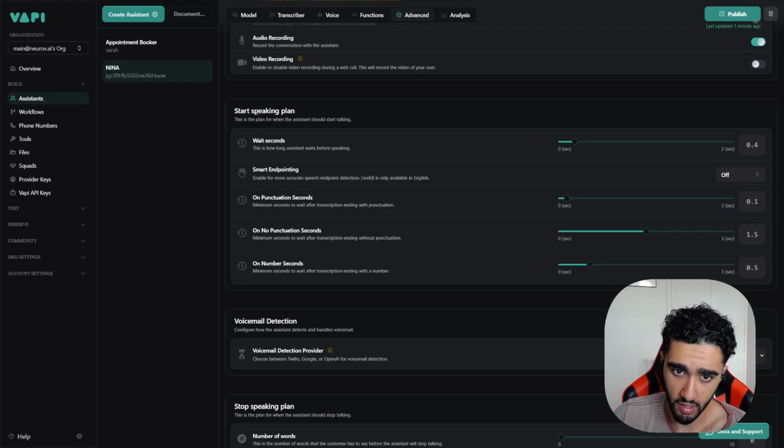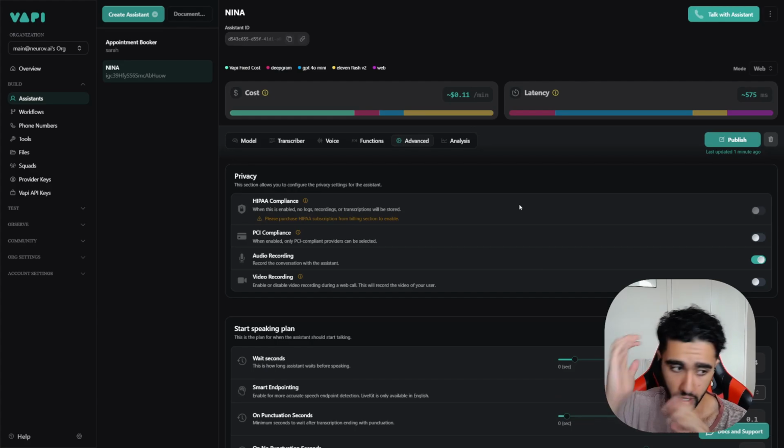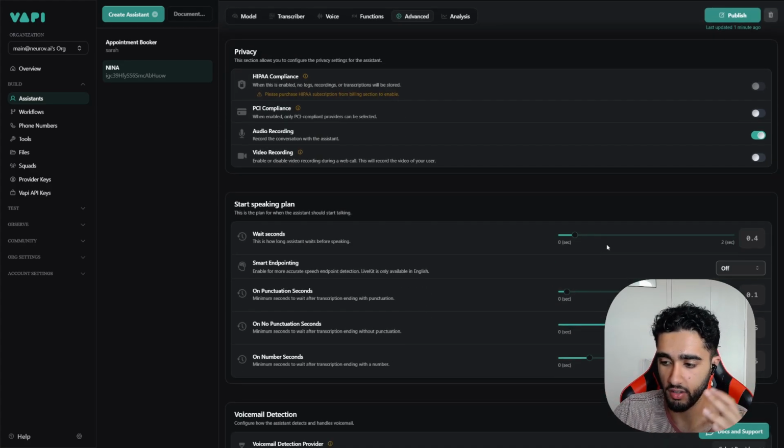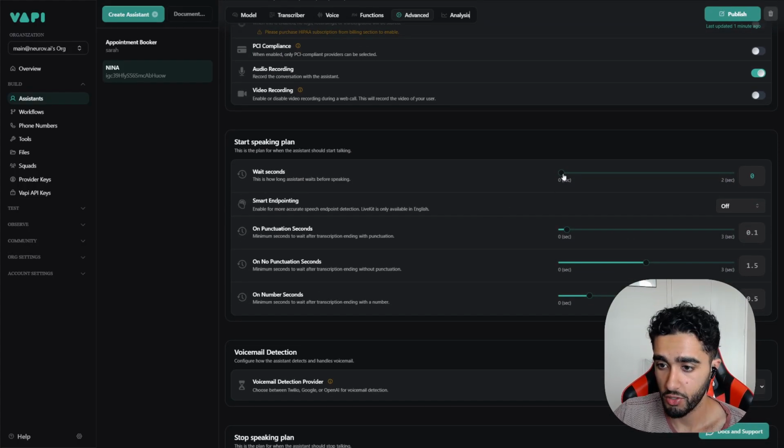So this is important. Start speaking plan. So this is the plan for when the assistant should start talking. And this is really important. So basically wait second. This is how long the assistant waits before speaking. Now, honestly, this really depends on your latency. In theory, it sounds great to put this on 0, but what happens sometimes is if your latency is super low like mine is, the voice agent will start speaking before you stop speaking. And it can get super annoying when the latency between you and the voice agent is like a millisecond, and it just doesn't make for a natural conversation. So for that reason, I like putting it on